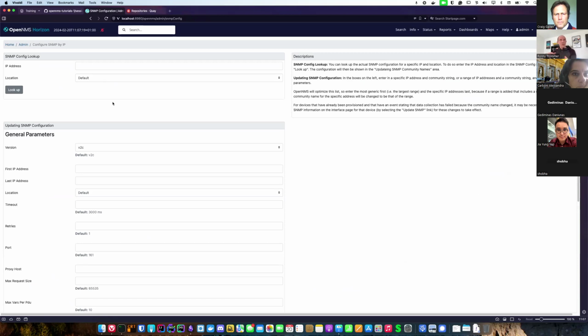So if you provision the device before you configure SNMP, you won't see as much as you would like. So it's good to know that before you provision devices, it might be useful to configure SNMP first, because Provisiond relies on it.